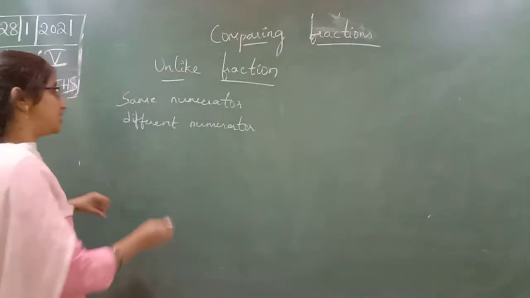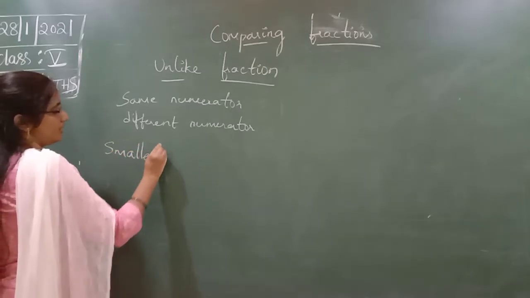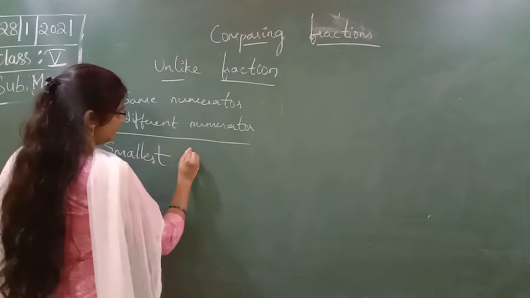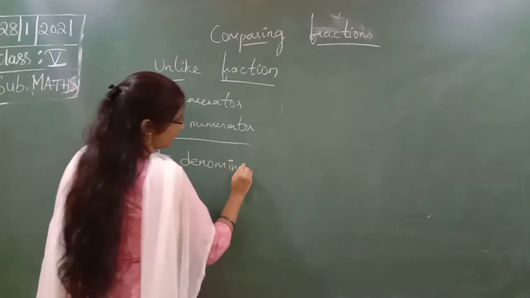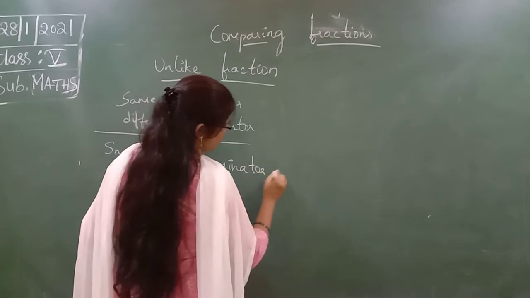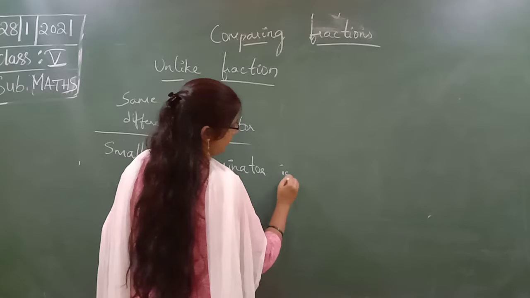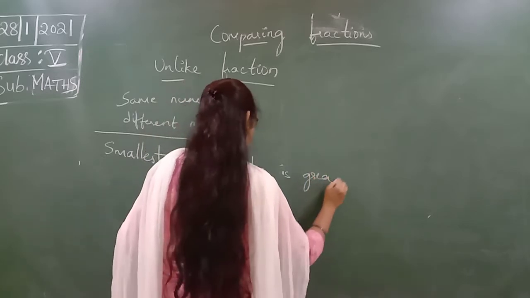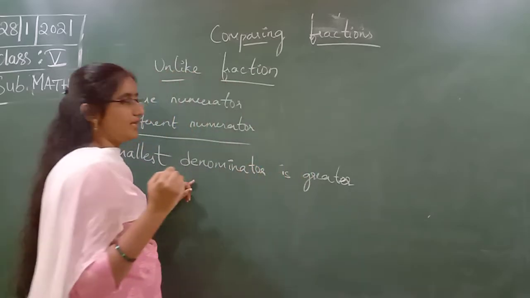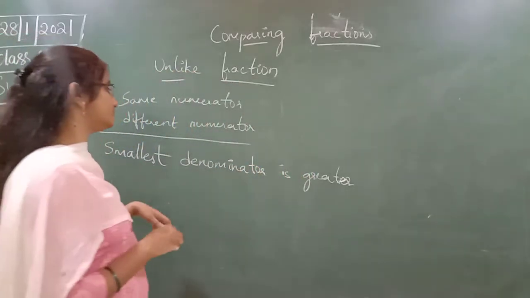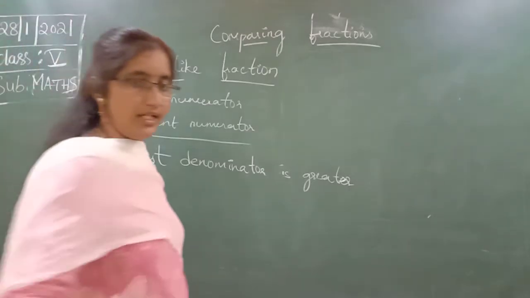The smallest denominator is the greater. Always remember that the smallest denominator is the greater one. Okay, now we will take the example. What is the example? 3 by 9,